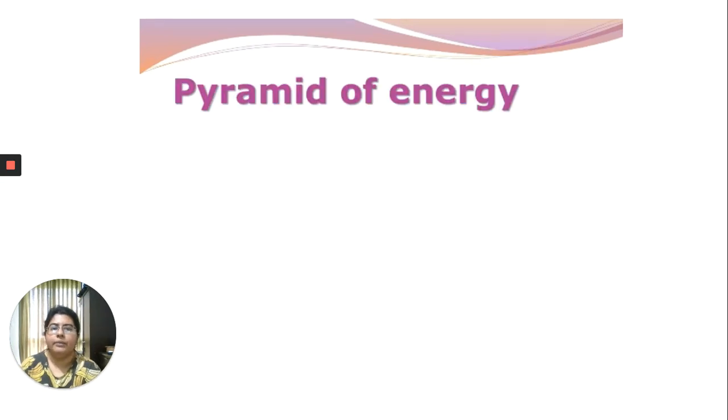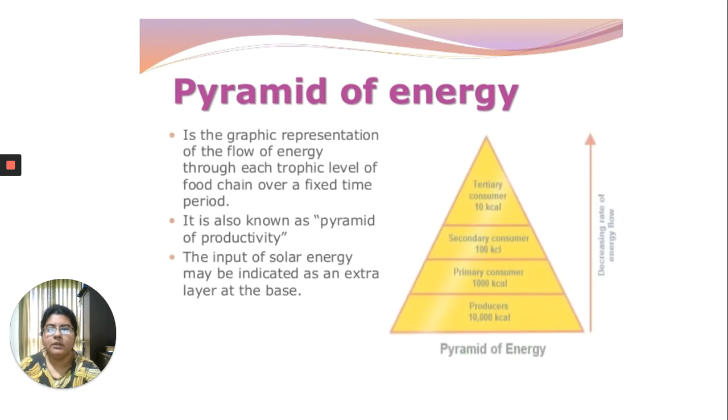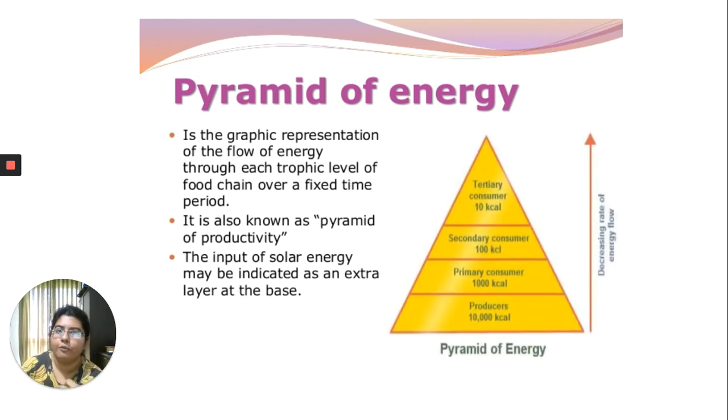Let's look at pyramid of energy. This pyramid will exactly tell how much energy is passing from one trophic level to another in the form of food and how much is getting wasted in the form of heat or respiration. So we should always remember that every ecosystem's main source of energy is the sun, because plants make their carbohydrates with the help of sun's energy. Without that, neither herbivores nor carnivores will get any food. So we are all dependent upon plants directly or indirectly.